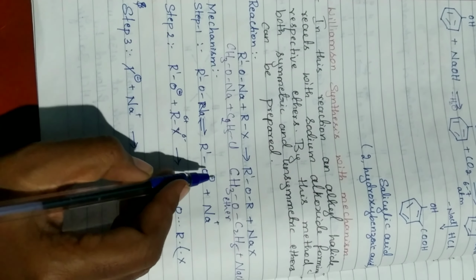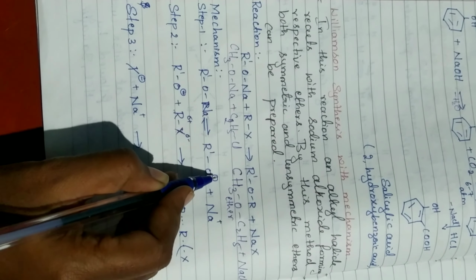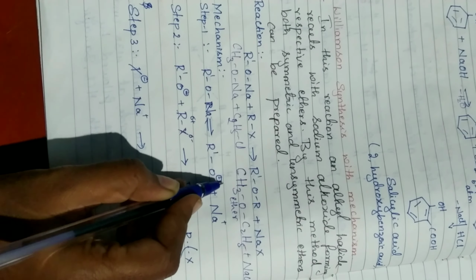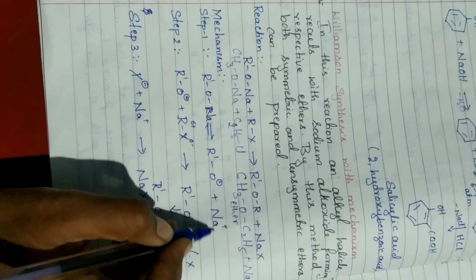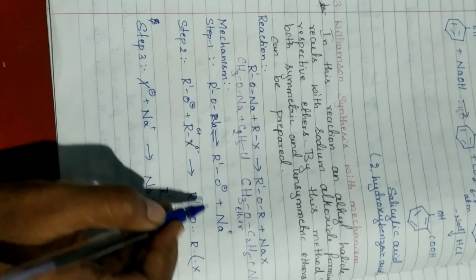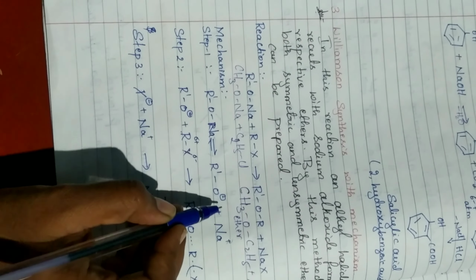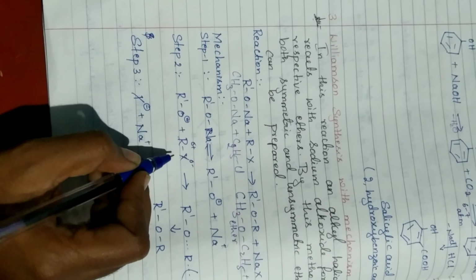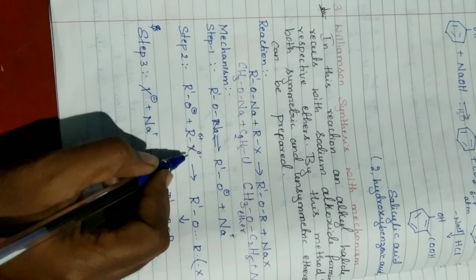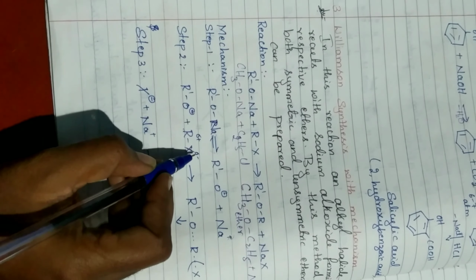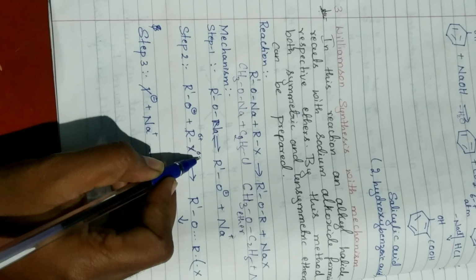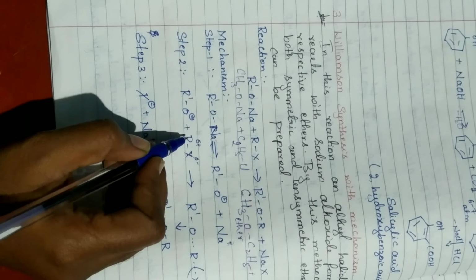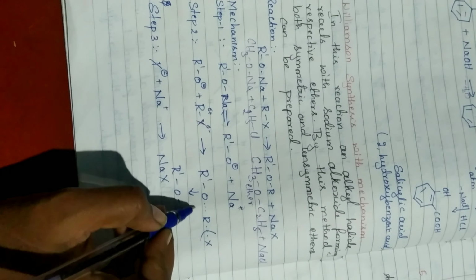In the first step, sodium alkoxide will undergo ionization and two ions will generate. An anion will form on oxygen and the sodium cation will be removed. In the next step, this anionic part will be treated with the alkyl halide. Since halogens are more electronegative, there will be a slightly negative charge on the halogen and a slightly positive charge on the alkyl group. After this, an intermediate will form.